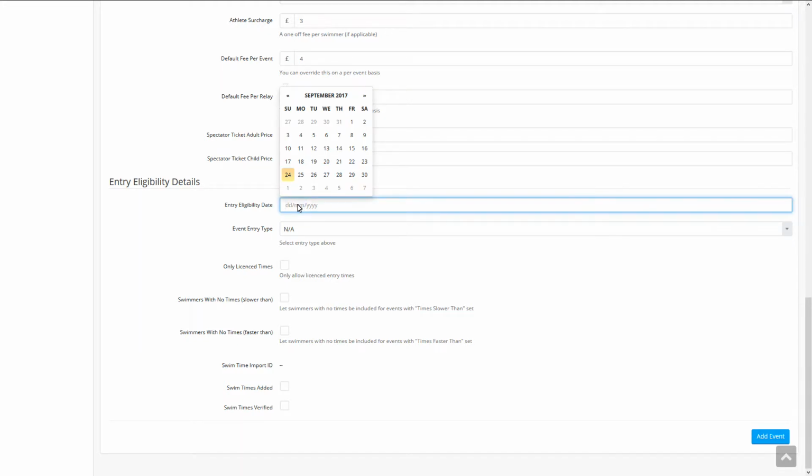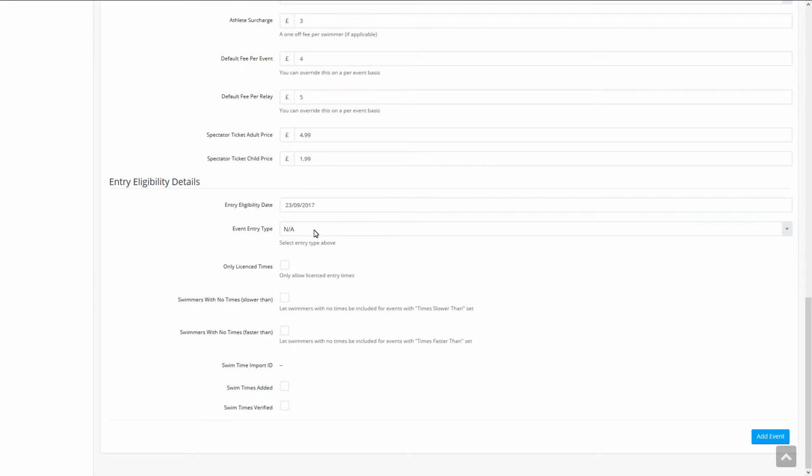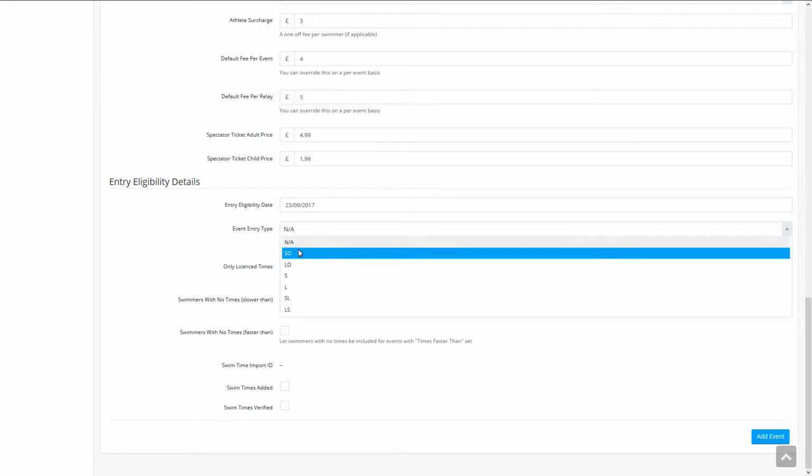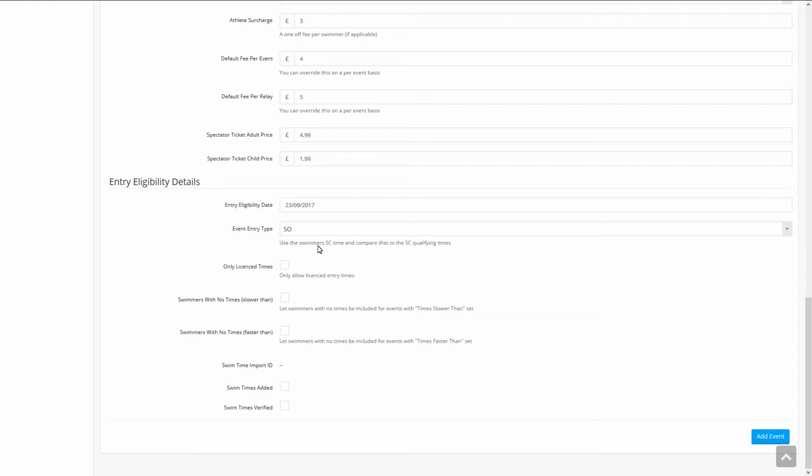This date sets the upper date limit for when the entry times were swam. Event entry type: select an option here and an explanation will appear below the field. Only licensed times: check this to only allow entry times that were swam at a licensed event. Swimmers with no time slower than: check this, and any swimmer that doesn't have a time for an event with a slower time limit will be